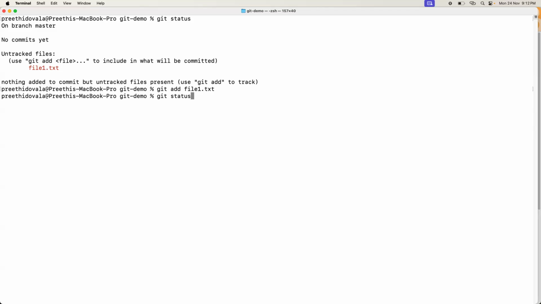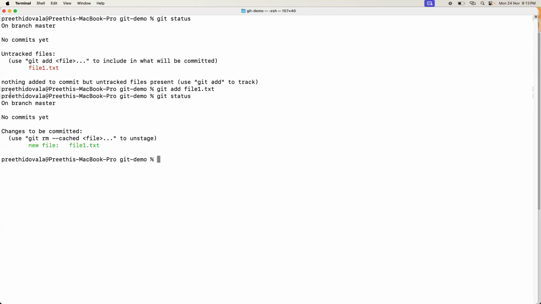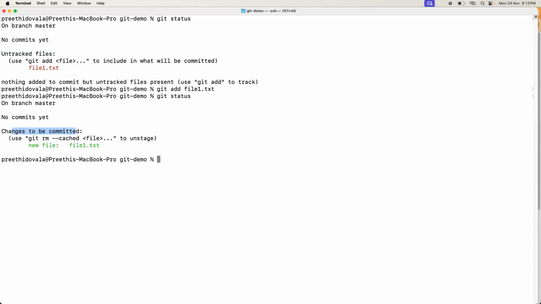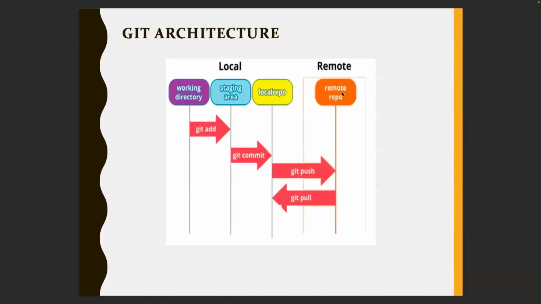Staging area. Exactly. See, the message also changed. Earlier, it is telling it cannot track it, but now it is tracking it. Changes to be committed. Like I told you, when you are using Git, this architectural diagram should be in your mind. So, changes to be committed means